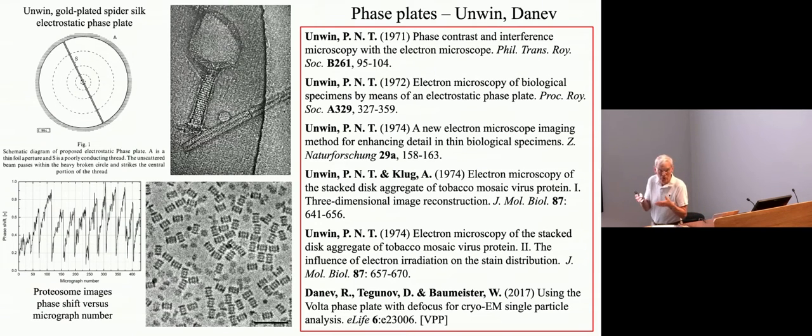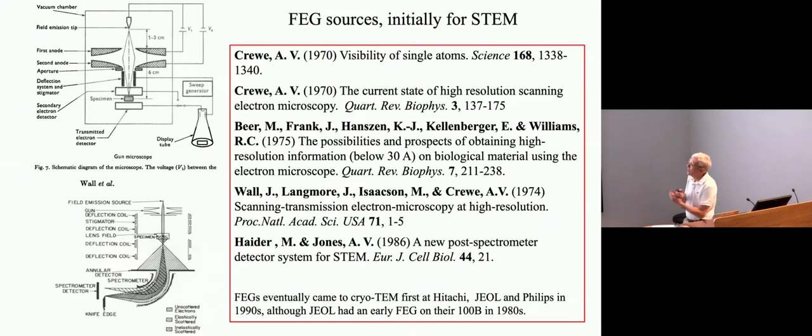So that's not been solved yet, but people are very enthusiastic about the development by Holger Muller's group in Berkeley of the laser ponderomotive retardation faceplate. But that's still some way off in the future. But in principle, you might be able to get images like this every time without having to worry too much about it. Okay, so next is field emission guns, and certainly throughout the early 1970s and 80s, I think most